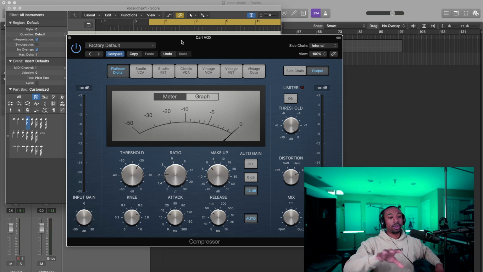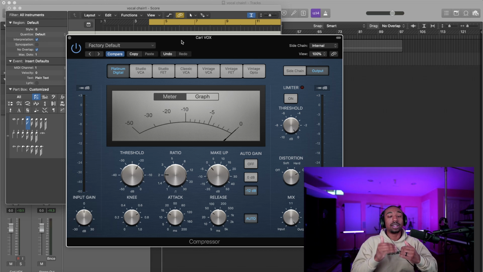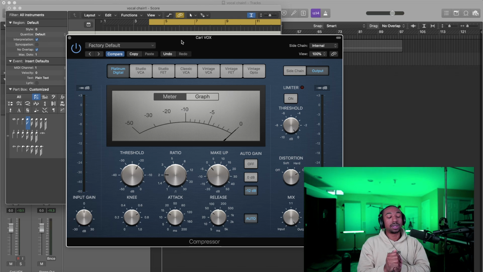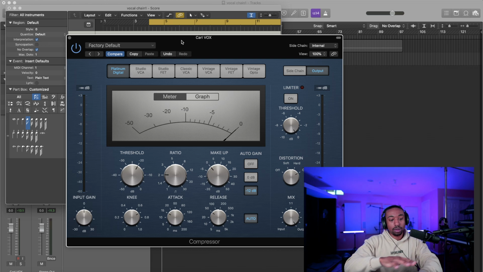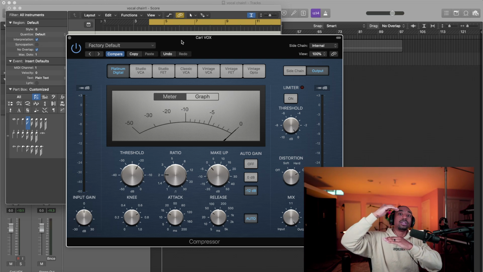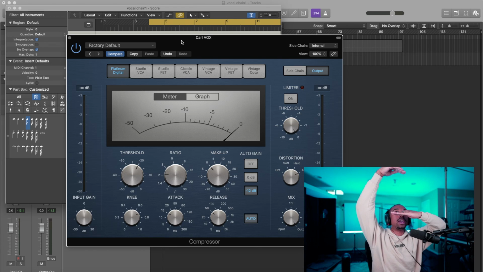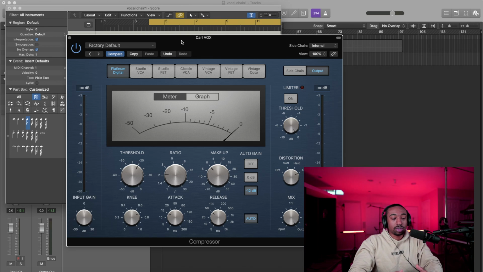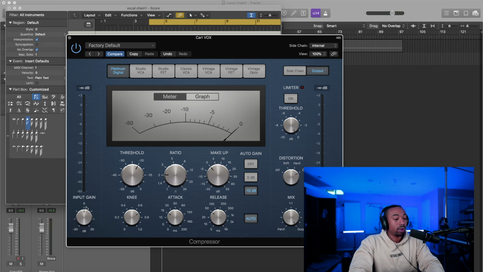Okay, so the first step though, most people think threshold is the only step with a compressor. No, it's actually the input volume. It's how heavy are you going into a compressor. The biggest mistake I see a lot of producers make is they're going into a compressor way too loudly. They're sending too much signal beyond the threshold. So they'll come into the threshold way up here. The vocal's doing all this and everything's just being pulled down and the compressor's just working overtime because of the input gain. So sometimes your track is just too loud going into a compressor.